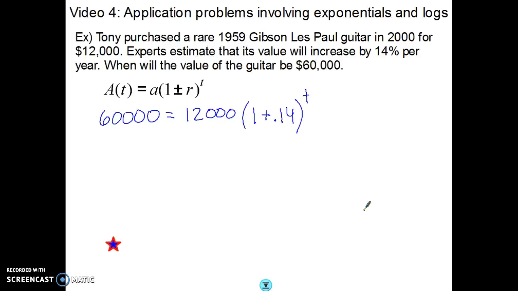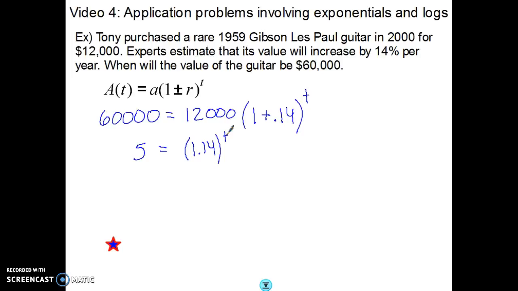So now, though, we can actually solve this algebraically. Remember, the first step in solving an exponential equation algebraically is to isolate the exponential part, which is this part here. So the first thing I have to do is divide away the 12,000. 60,000 divided by 12,000 is going to give us 5. Over here, what we will get is now, I'm going to simplify 1 plus 0.14 into 1.14 raised to the